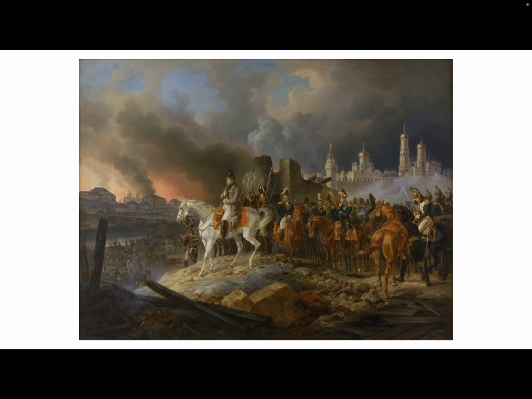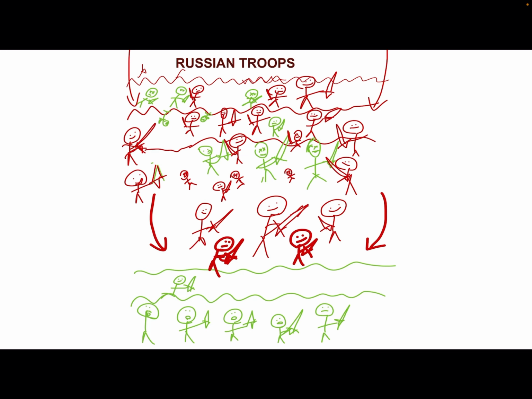So here you can see the French army believed that they were victorious, only to find out that there is nothing to actually feast on or be happy about at this point. And well, Napoleon came up with an idea of going out with a peace treaty to the Russian army, but Kutuzov and everyone else said, well, fuck you, we're now going to retaliate. And what happened is the Russian army completely blitzed the French army, who was fully demotivated and also tired, and then conquered back all of the land that Napoleon once got from them.